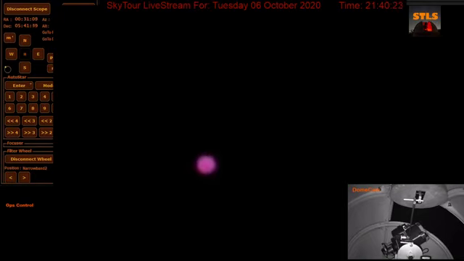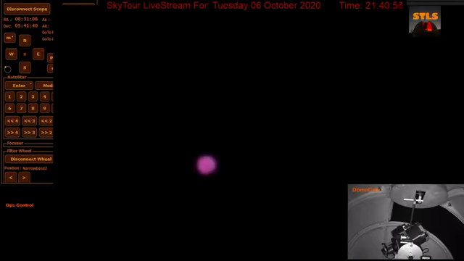Okay, you can see Mars is bloated and out of focus now. So I'm going to take it, bring it down into focus. Mars is rising earlier and earlier. Mars is up here before 7:30 at night now. It wasn't that long ago I was saying it wasn't up till 10 o'clock, then 9 o'clock, and now it's up by 7:30 my time.